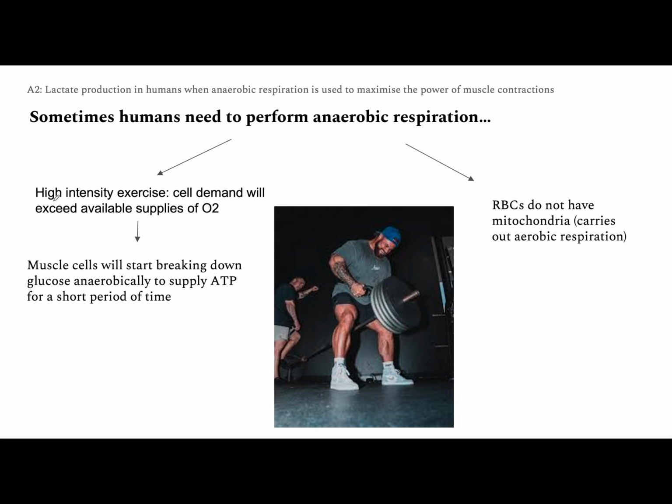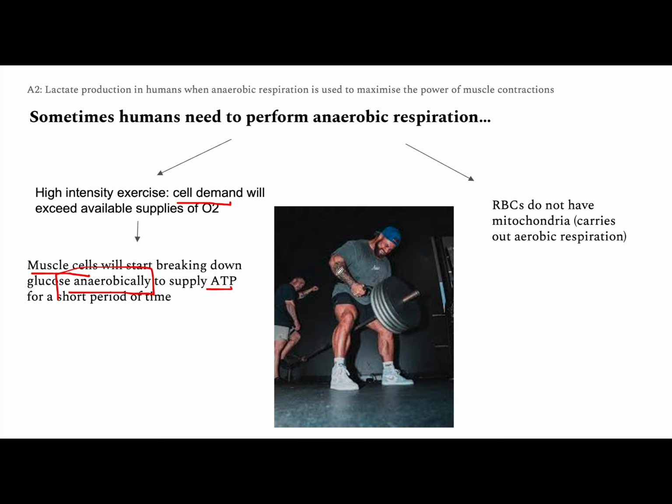When we're performing high intensity exercise, if you notice, we need more oxygen than we normally require. The amount of oxygen we need will exceed the rate at which our body can perform aerobic respiration, which supplies ATP. Because of this, the muscle cells will start breaking down glucose anaerobically, without oxygen, to supply ATP for a short period of time. The ATP produced is little, but it allows them to provide enough ATP for a short period of time without